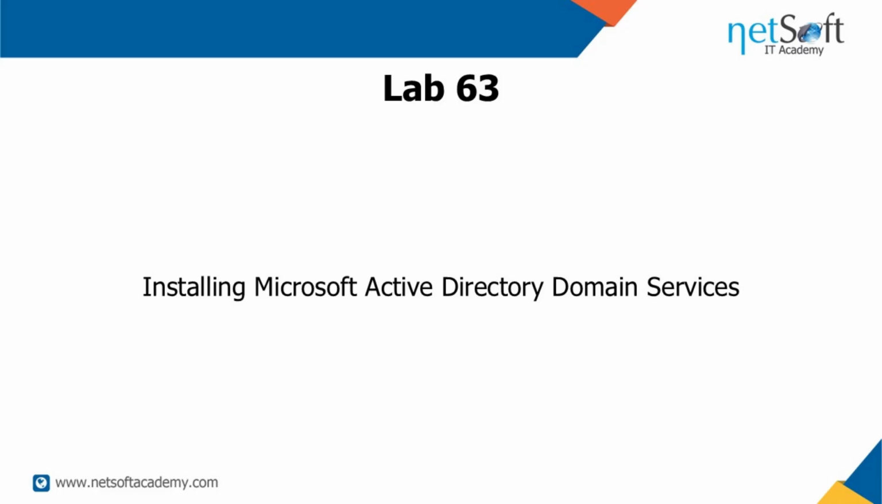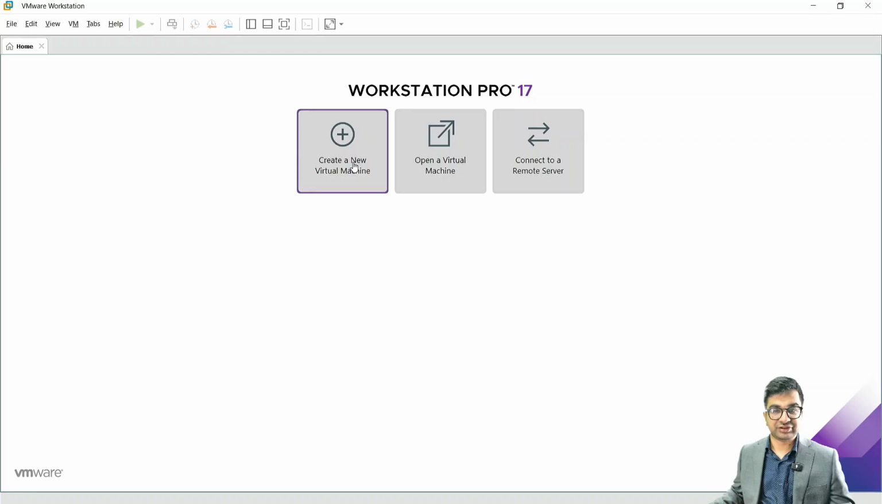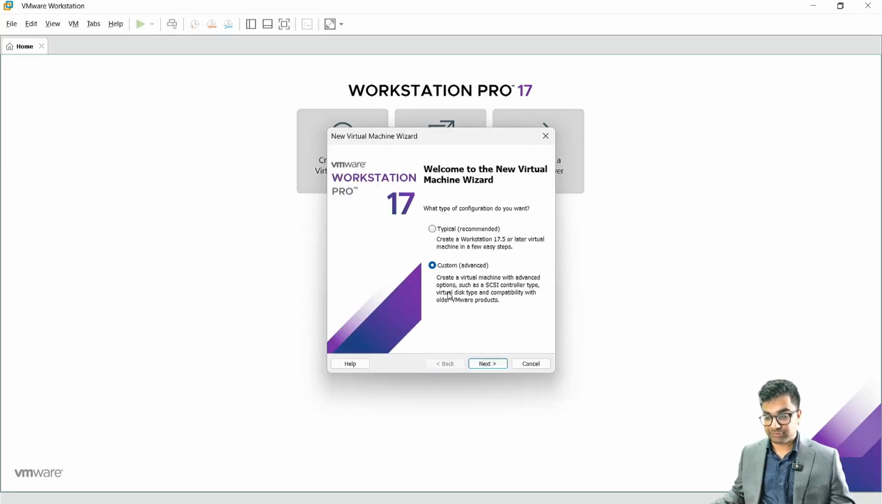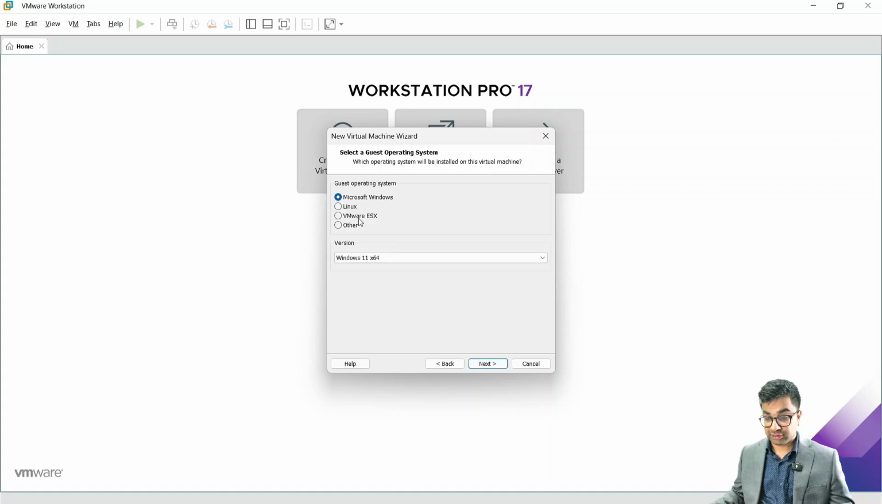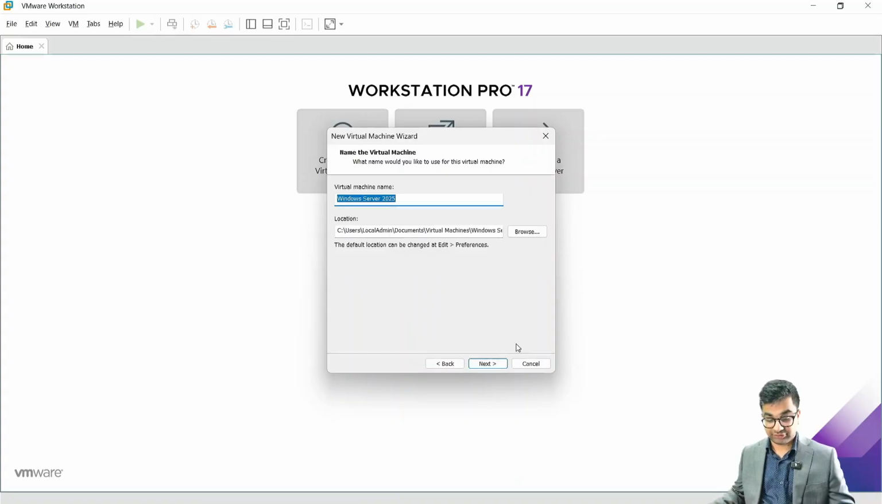So now let's start with lab number 63. For lab number 63, we'll first start by creating our Windows Server virtual machines. So I'll click on create a new virtual machine. Next. Install the operating system later. Next. It's going to be a Windows Server 2025 machine here. Next. Now the name would be Nita